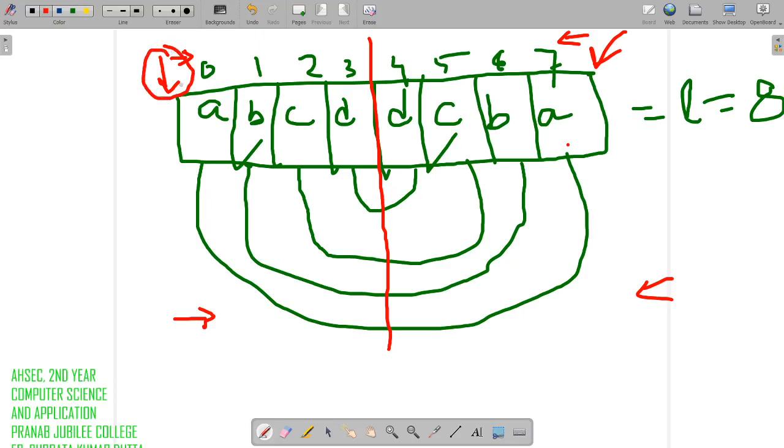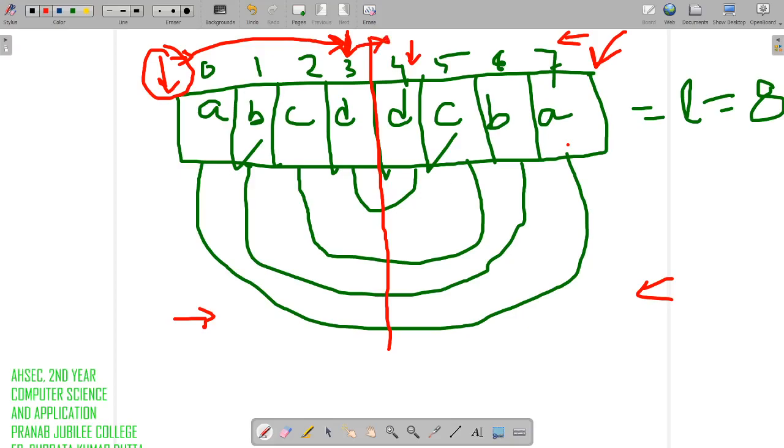This pointer will move up to which position do we need to move to find whether the string is a palindrome or not? Up to this, isn't it? Why? Because up to this there will be another pointer checking from the other side, right? So this pointer will go up to here at most. It won't be crossing this half.